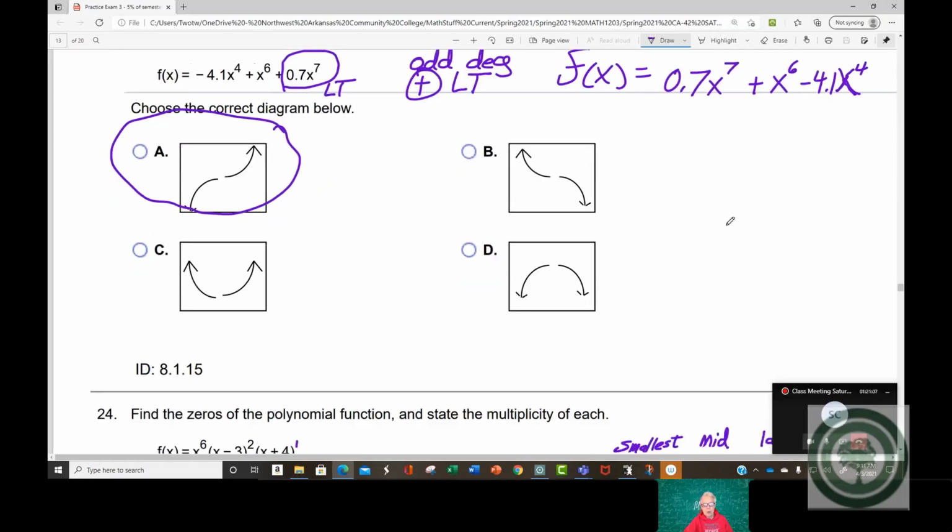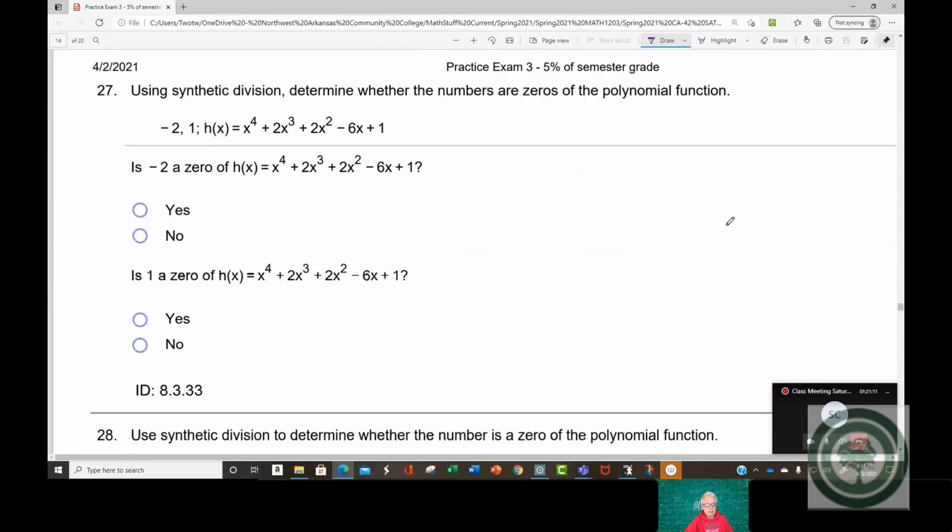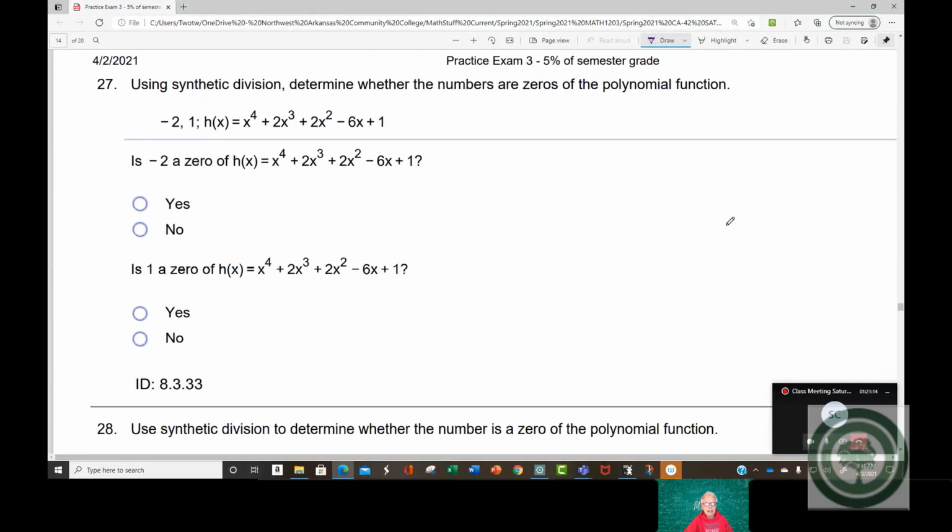We are now going to go to problem number 27. Now we've done a problem like this,